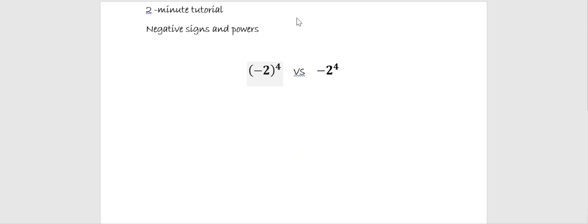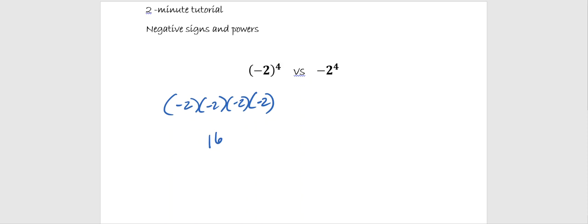So in 2 minutes or less, we will try to resolve the confusion that can often result from seeing negative signs and powers together. As we know, powers replace repeated multiplication. So in the case of the first example, our number in parentheses is our base, and that is what is being repeatedly multiplied. So I have 4 -2's being repeatedly multiplied, and we should know that when we have an even amount of negatives, we will wind up with a positive answer, and in this case, it will be positive